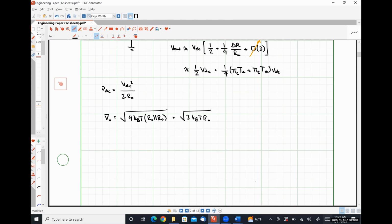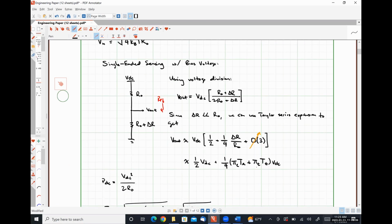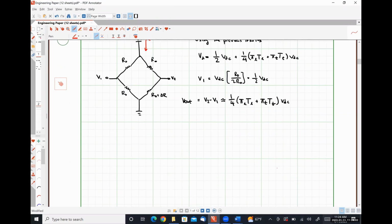So let me scroll back up here. What we have right here is literally just the right-hand part of that Wheatstone bridge. In taking our output in this way, we have a DC contribution to our output signal, and then a small contribution that is due to our applied stress. Using this Wheatstone bridge configuration